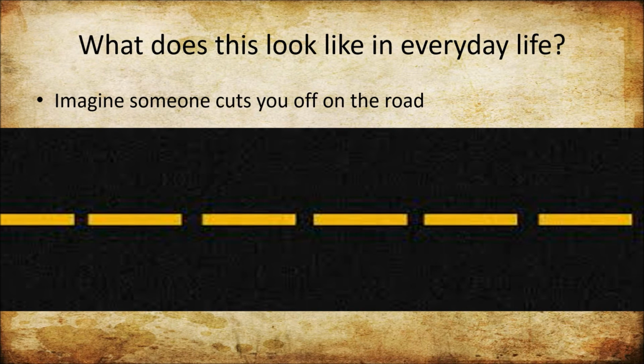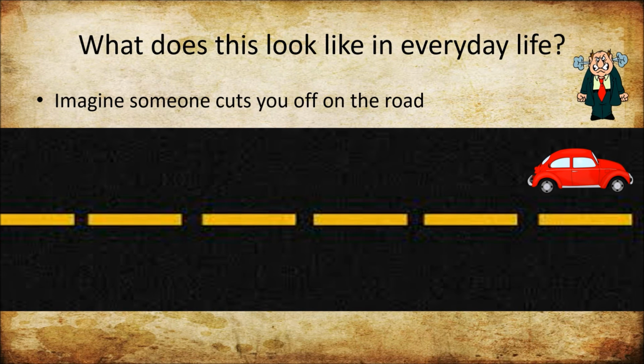So what does this look like in everyday life? Well, imagine you're driving and someone cuts you off on the road. According to the research on the correspondence bias, you're more likely to think that this person is an aggressive person or a bad driver than to consider less salient possible situational factors. For example, maybe this person is rushing to the hospital because he just found out his wife was in a car accident. And this is just one of many examples.